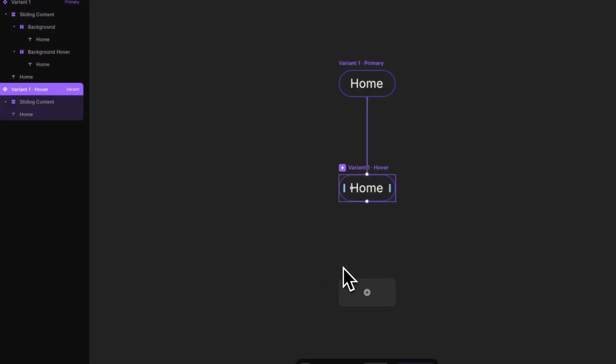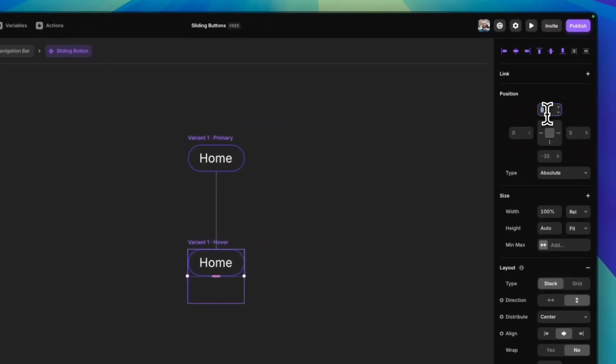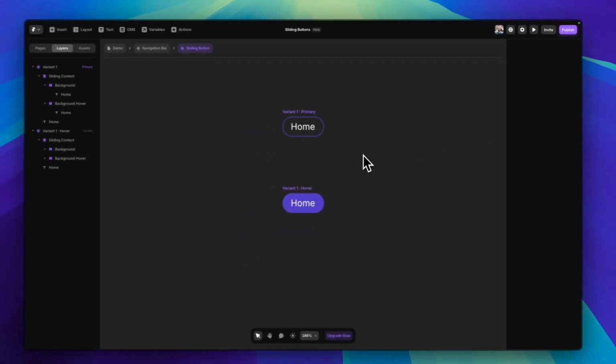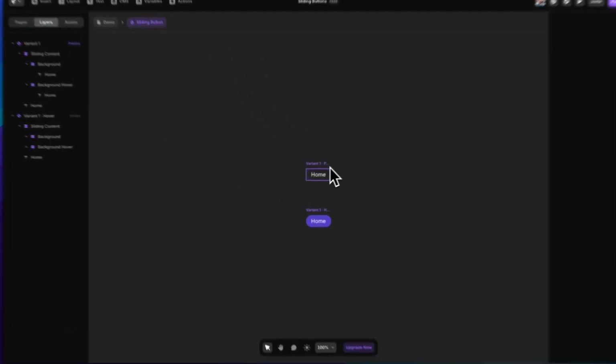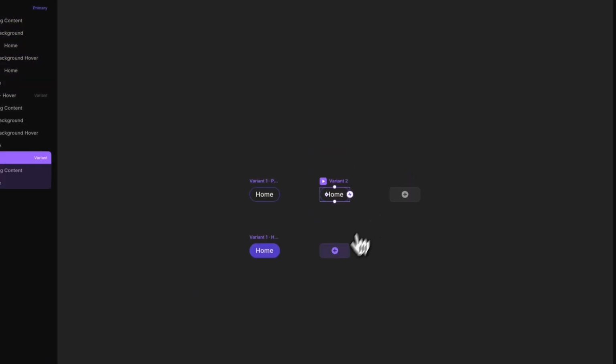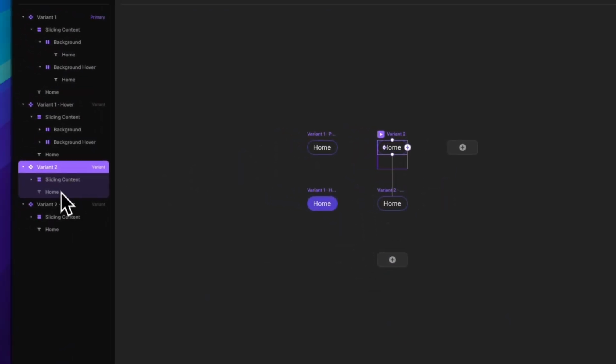Select hover state, and then all we need to do with this variant here is select the sliding content and set it to -35. Now, if I preview, we've got a button here and a nice sliding interaction. Now we need to create the second variant. So I will select it, add second variant, add a hover state, and select the second variant,